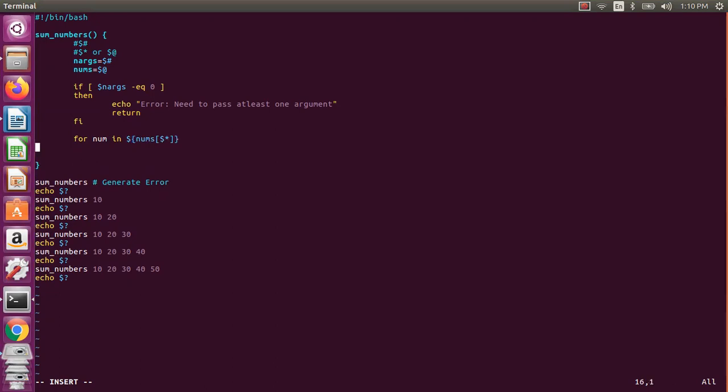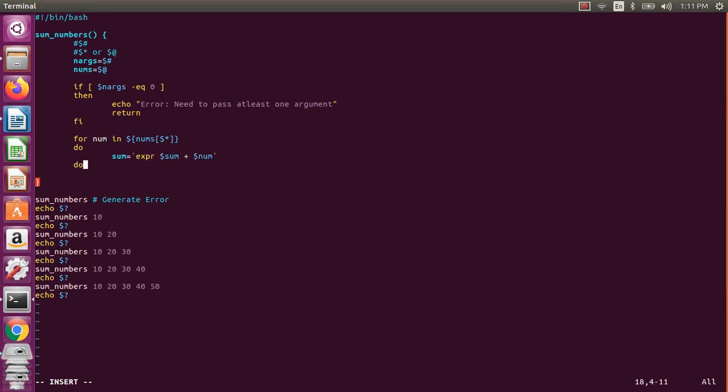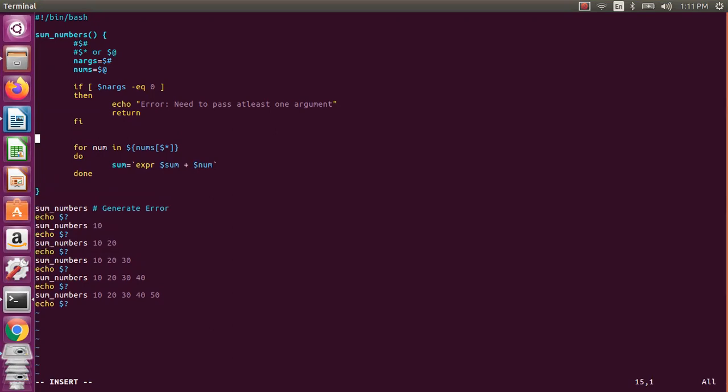So we need to get the sum. So I take a variable, so I say expression dollar sum plus dollar num. Of course, that's it. And then I need to initialize this sum equal to 0.